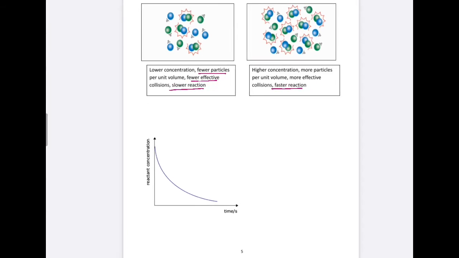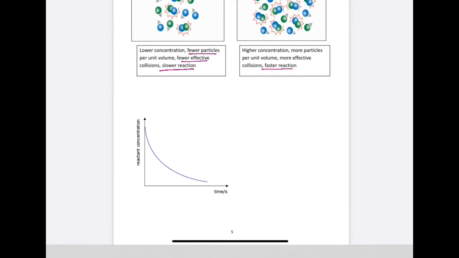Now, when we have a reaction that proceeds with time, at the beginning of the reaction, this is when you have the highest amount of the reactants, because the reaction has just started. You have 100% of the reactants, so concentration is maximum. As the reaction proceeds, you have more and more reactants that get converted to products. But as the reaction proceeds, you have less amounts of reactants,